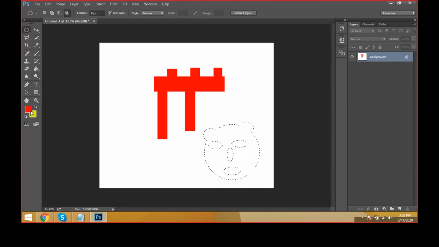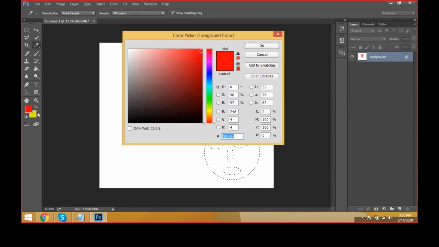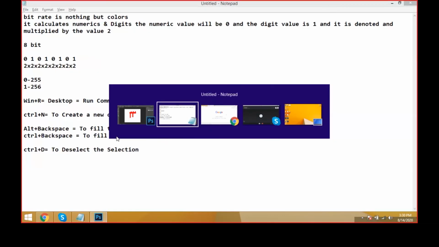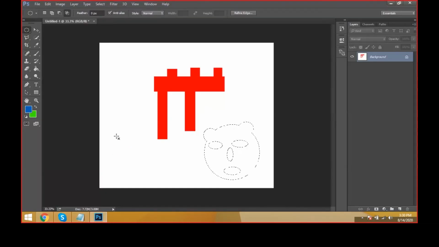And again, I have to fill some more color. I'm just taking here. It's red, it's a blue color. And the down part will be green color. Now I would like to fill the front color. Arya, how? It's front color, Alt plus backspace. I need a green color. Is it front or back? I don't know, but I need a green color. Green is the background color. It's Control plus backspace. See, where is green?